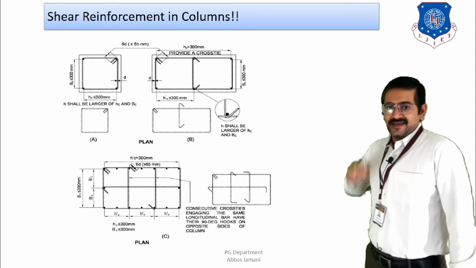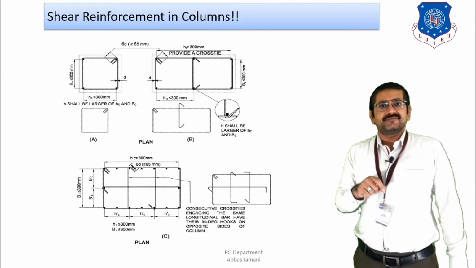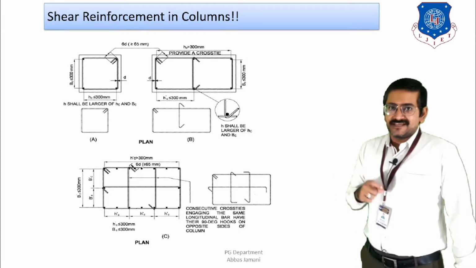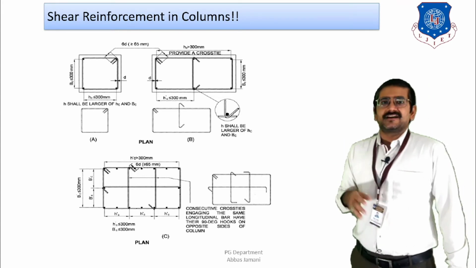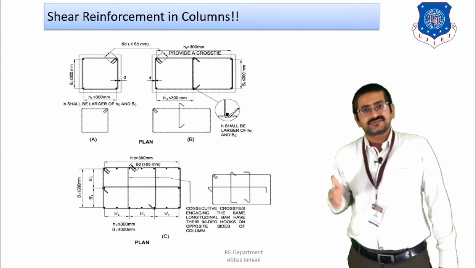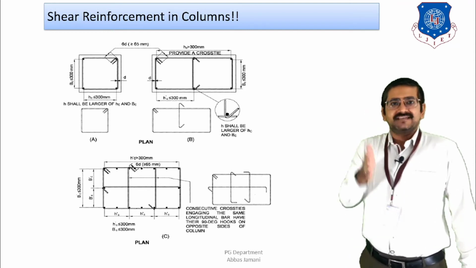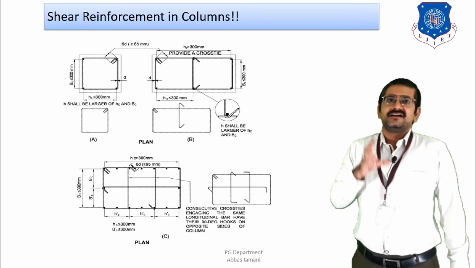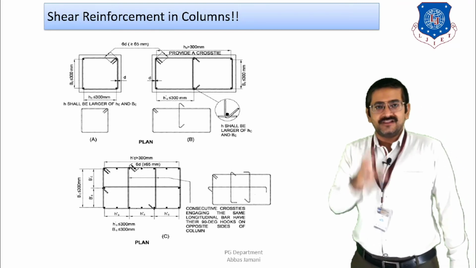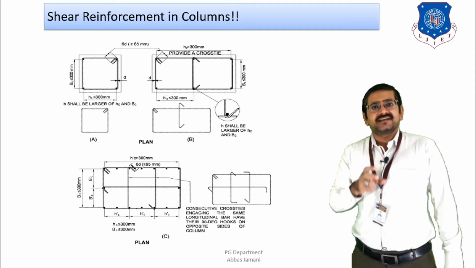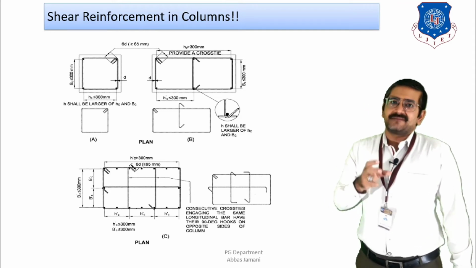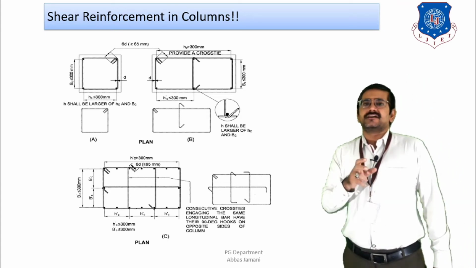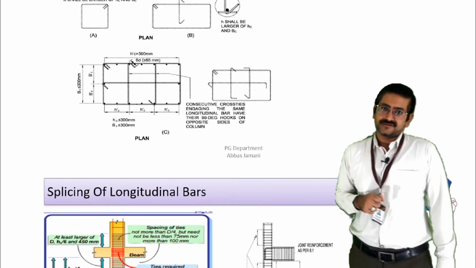And in the last figure, as you can see, the height of the column is also greater than 300 and the width of the column is also shown greater than 300. So if that is the case, then you can see that cross ties are introduced in both directions, that is along the width of the column and along the height of the column also. The basic purpose of this is to increase the confinement area in such a manner that the concrete section remains confined at all times, and as a result the shear capacity of the section increases. When the shear capacity of the section increases, it will be better able to resist the lateral forces that are likely to be introduced under the effect of lateral loads.